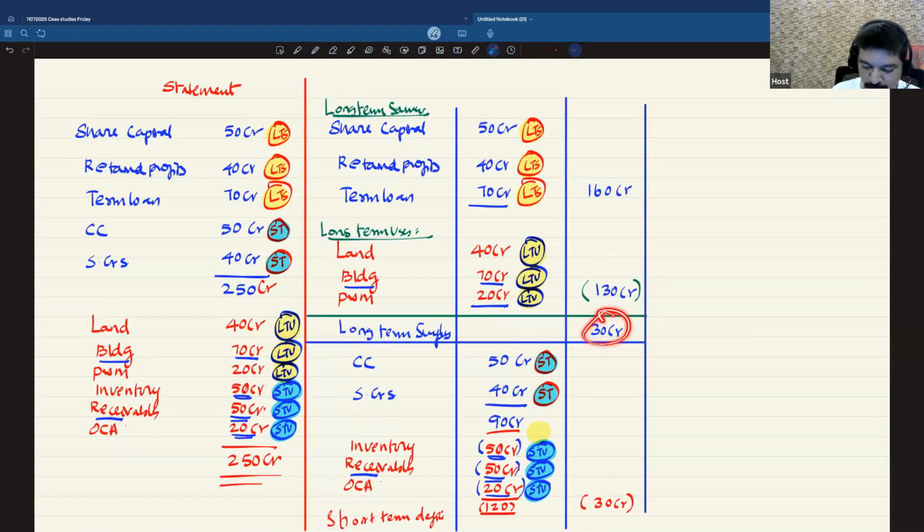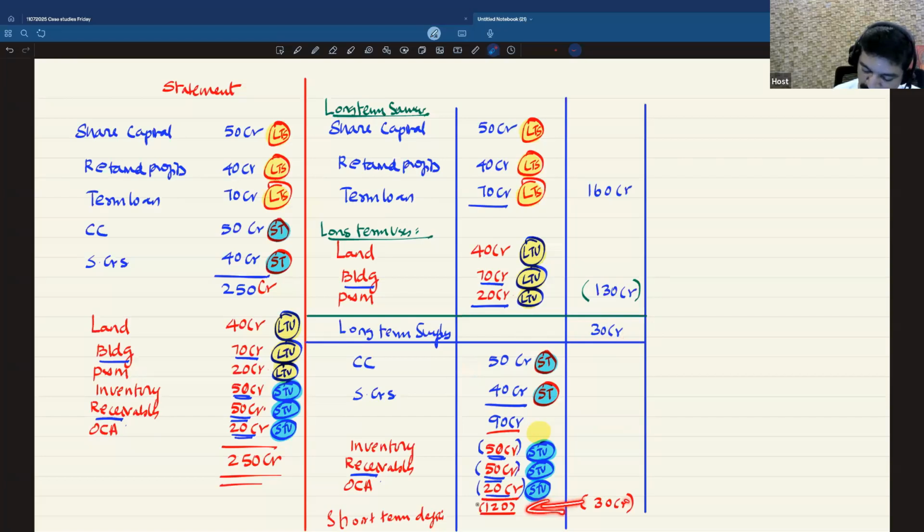So this 30 crore got added with 90 crore. So they had 120 crore. And using that 120 crore only, they had spent on all this. But in statement form, we can put it like this. We can show they had a long-term surplus of 30 crore, and that surplus has been used for funding the deficit of 30 crore. So if you want to have more clarity, you can go behind this.